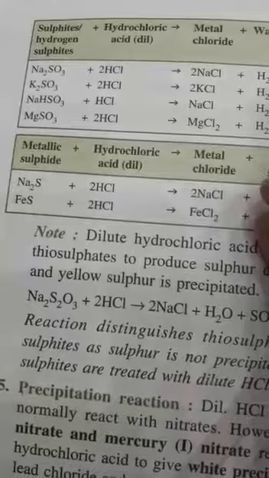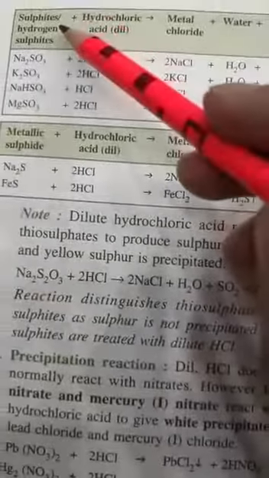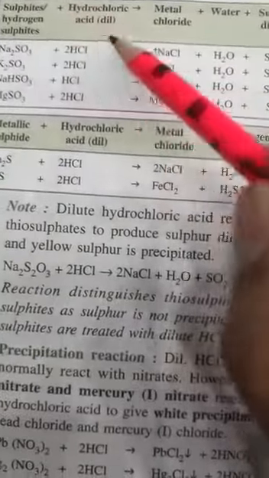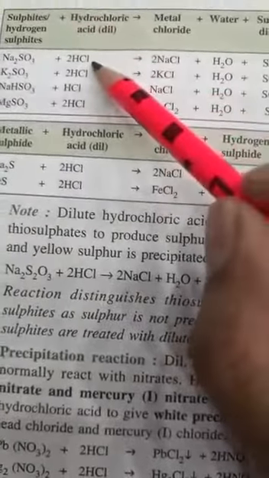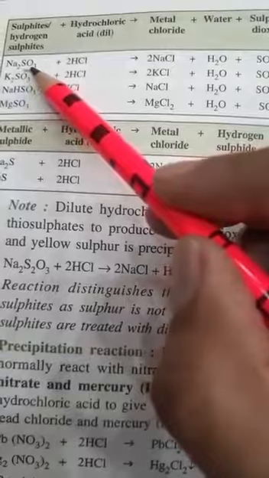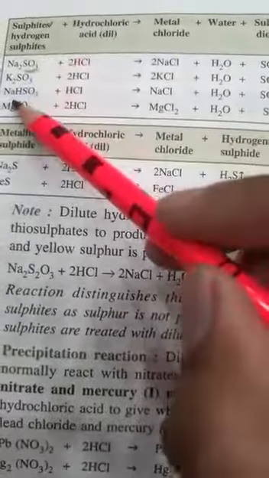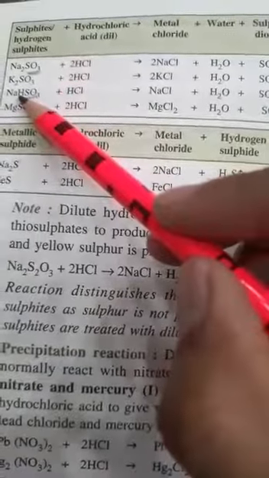Next, reaction with sulfides and hydrogen sulfides. When hydrochloric acid reacts with sulfide, sulfide means SO3, hydrogen sulfide, HSO3. When the salt